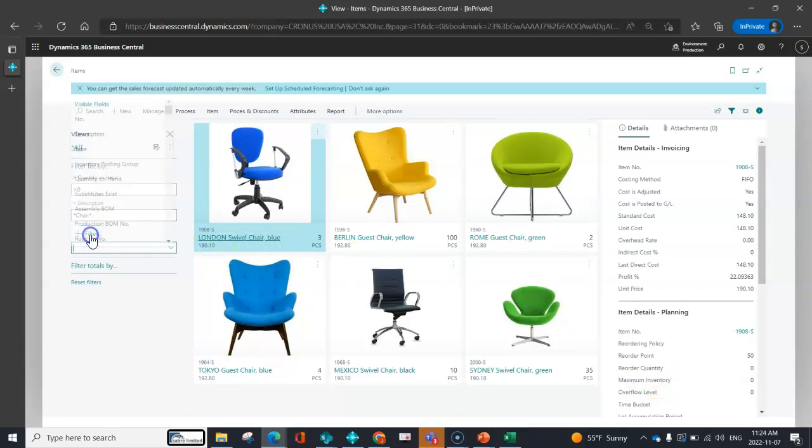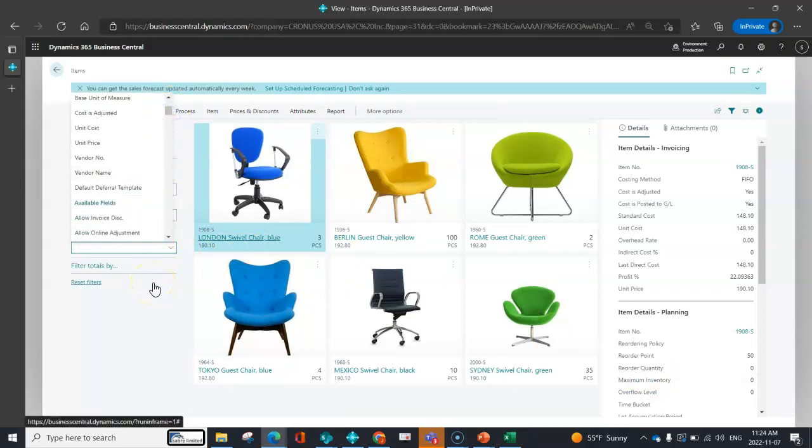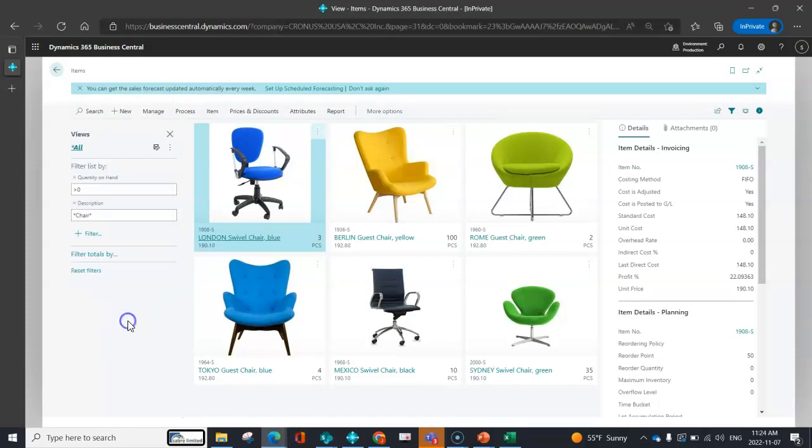I can continue to keep adding filters if I wanted. For example, maybe I want a specific item category code, a specific vendor. The sky's the limit to just drill down into your information. Depending on how many parts you have and what your quantities are, that can be incredibly powerful. If I'm doing any of these lookups in my list pages on a repeated basis, or if I think that having this filter quickly at my fingertips would add value, I can go up here and do a save as. I can name this whatever I want.